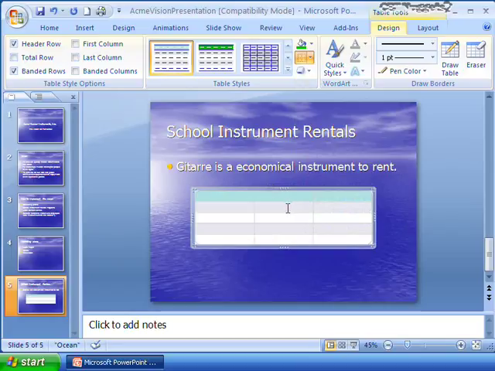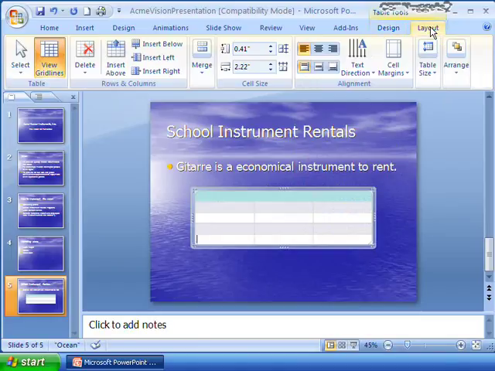And that's pretty simple. Now you can also come over here to layout. Let's say I say, oh no, I've got 1, 2, 3, 4, 5, but that only gives me room for 4 instruments and I need another row. Well, how do I do that? Well, that's going to be under the layout. So I come over here to layout, and here is where you're going to be able to do things with the actual layout of the table itself, which means you can add rows and columns, you can merge cells together,